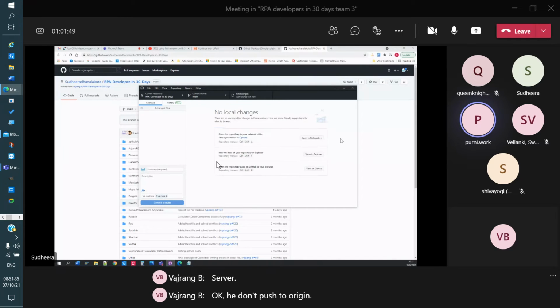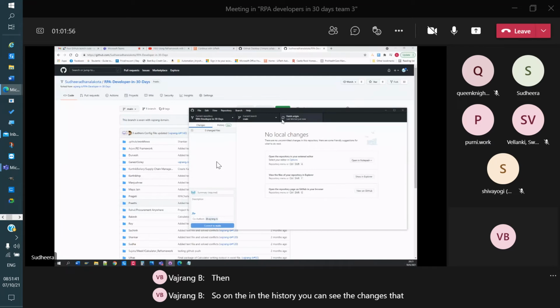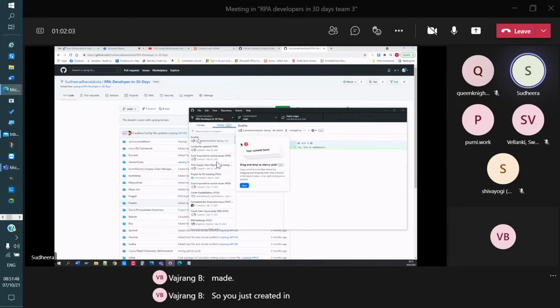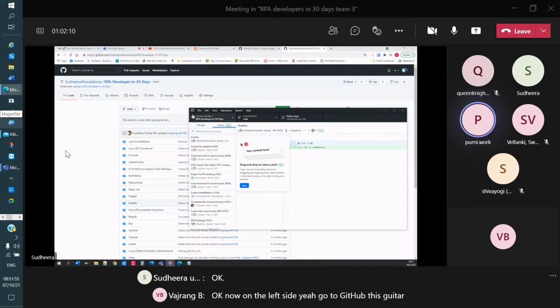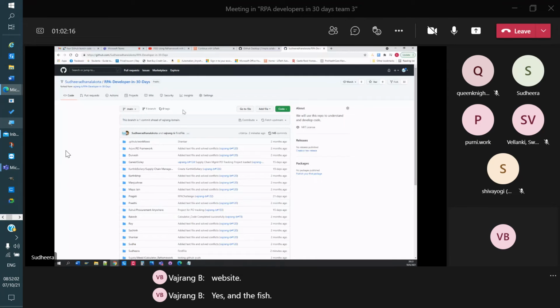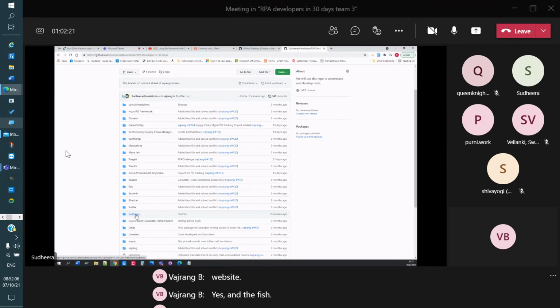So when you push to origin, in the history you can see the changes that are made. So you just created a new history. Now on the left side, go to the GitHub website and refresh. Do you see the file?